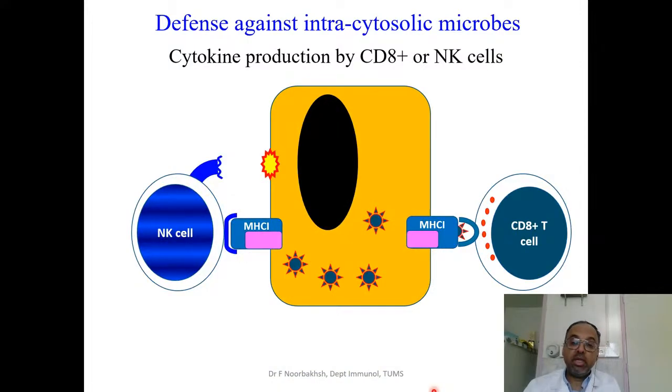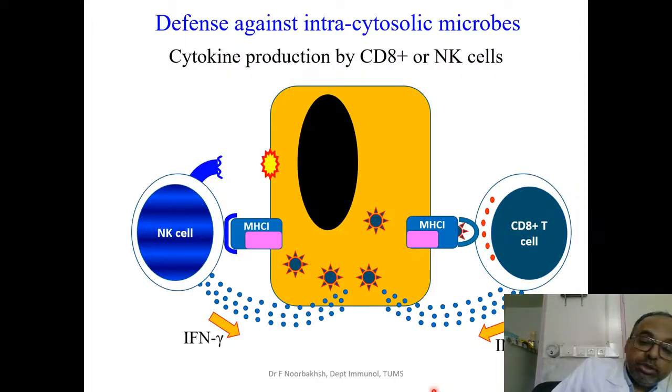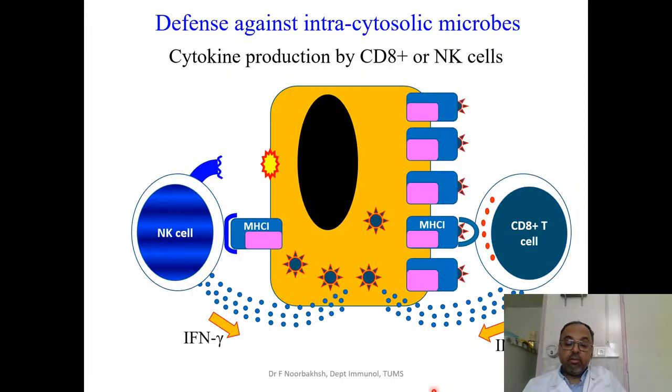So we have different mechanisms in here. By the way, we have a cytokine here again: interferon gamma is also produced. And the function of interferon gamma in here is to increase the amount of MHC class 1. If MHC class 1 goes up to a sufficient level, then CD8 T cells can perform their killing function. But if interferon gamma doesn't work and MHC doesn't go up as a result of the viral mechanisms, then the NK cells perform their function.